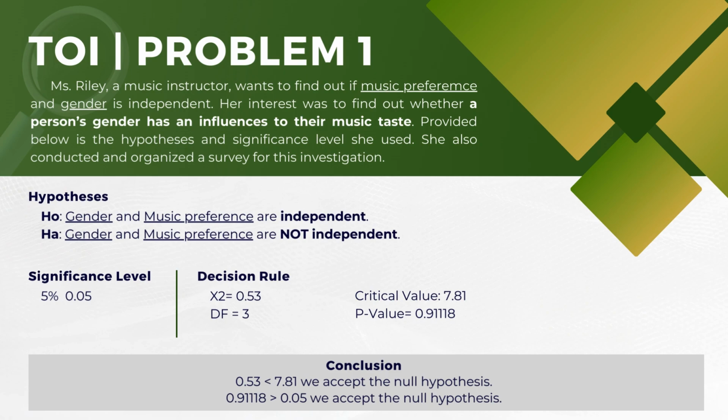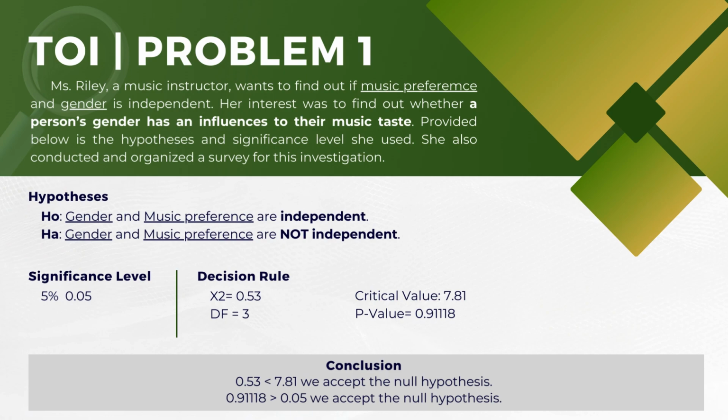The values under our decision rule are: chi-square result equals 0.53, degrees of freedom equals 3. Using our significance level and degrees of freedom, we get the critical value of 7.81. Our p-value is equal to 0.91, or 0.91118. For our conclusion, our chi-square is less than the critical value, which means we will